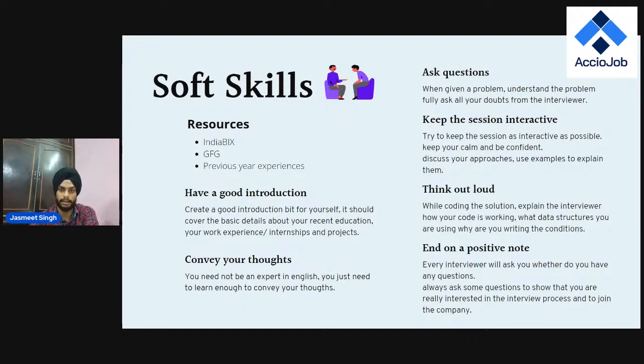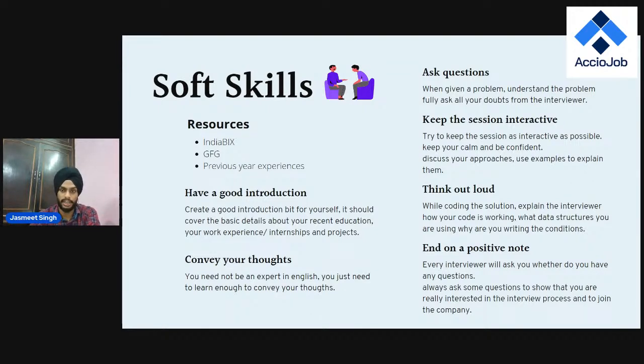For example, let's say I'm the interviewer and I'm giving you a problem that you have to find the middle element of a linked list. Everybody knows that we can solve this problem by the two pointer approach, that is fast and slow pointer. But what you could have done, instead of directly jumping to the solution, is ask several questions around it, like is the linked list cyclic or not? Does the linked list contain any loop or not? You are clarifying all your doubts regarding the problem, and also showcasing that you know the concept well, and that you are trying to build a solution and have not seen a problem like this before, right? So that's about asking the questions.